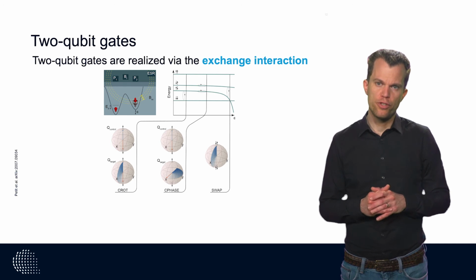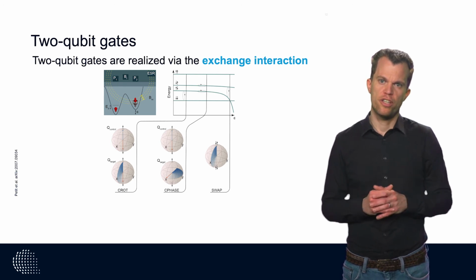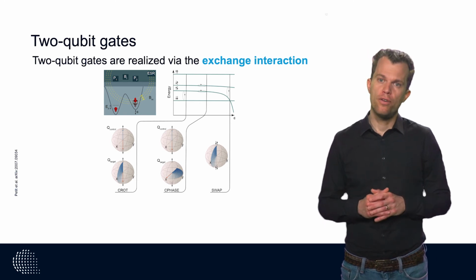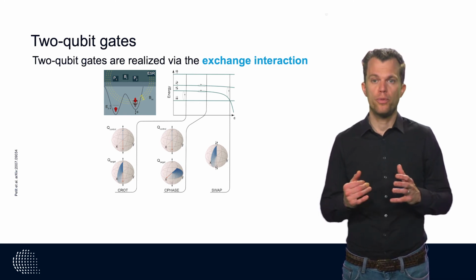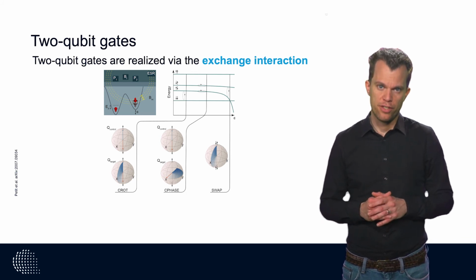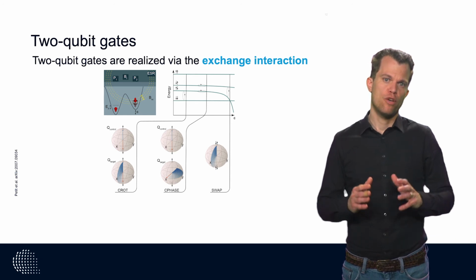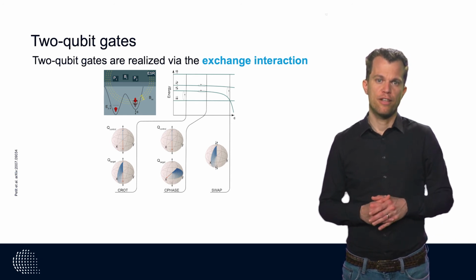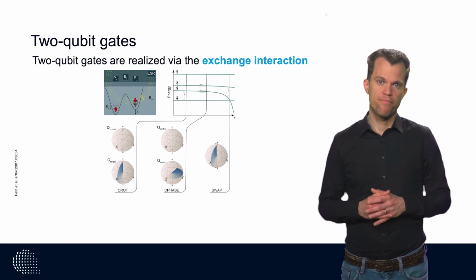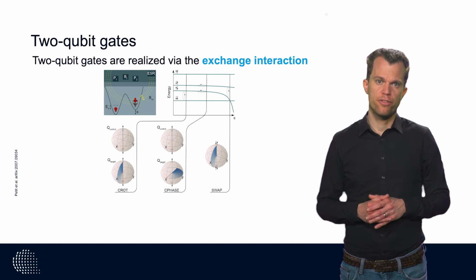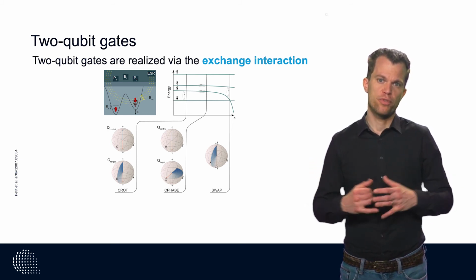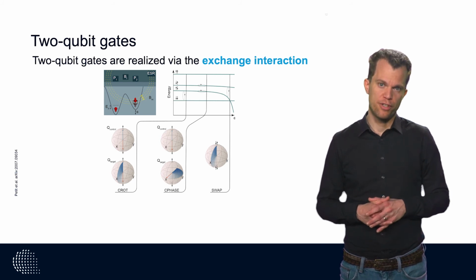Due to the Pauli exclusion principle, the lowest O2 charge state is usually the singlet state. And as a result, only the singlet 1-1 charge state can couple to the O2 charge state. And this results in an effective exchange interaction. If we now focus on the Hamiltonian and, for example, initialize our system in the state spin up, spin down, time evolution will result in an evolution to the state spin down, spin up. And this operation is called the swap operation.